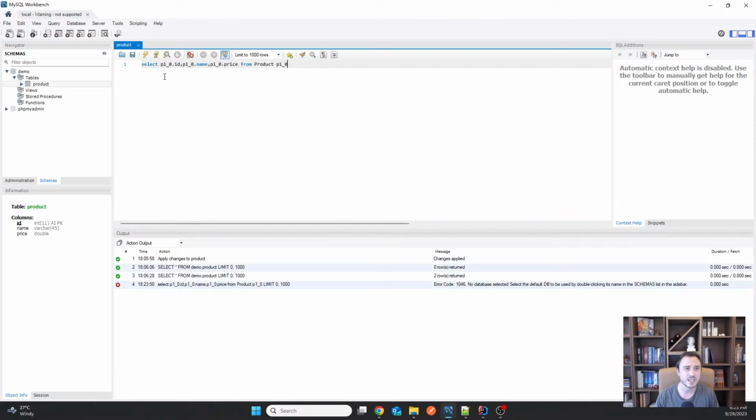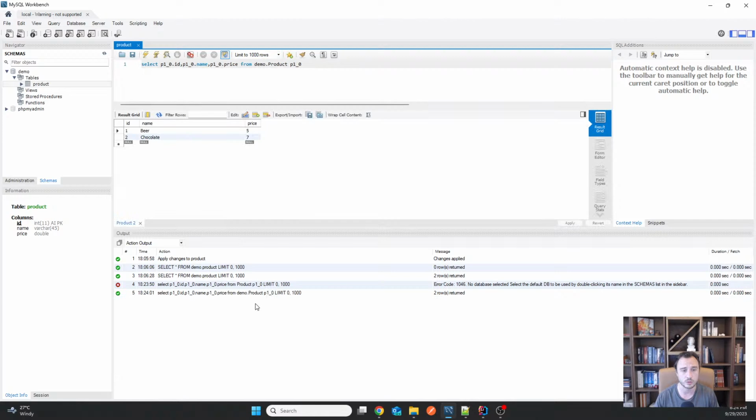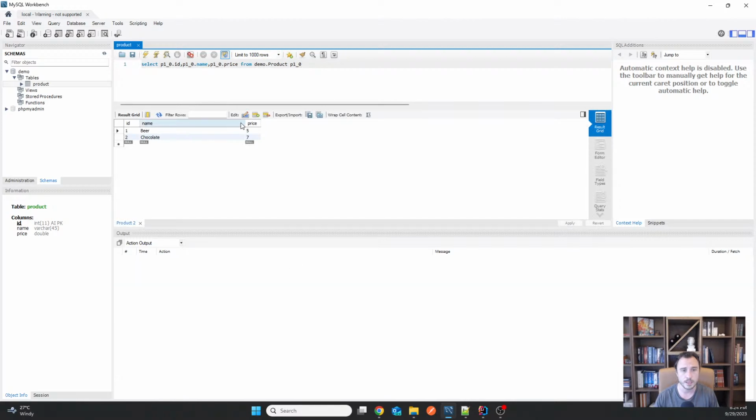Of course, it doesn't work here because it doesn't have the schema selected by default. So put a demo in front of it, and it should work. And you see it's working. Just that, of course, you see the very unusual namings that have been generated behind the scenes by Hibernate. So get used to that. Get used to seeing